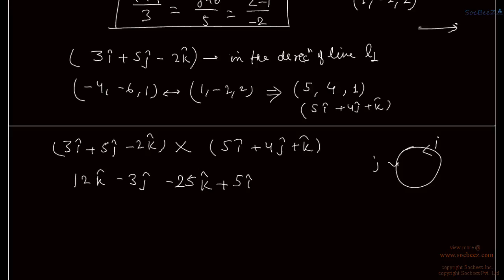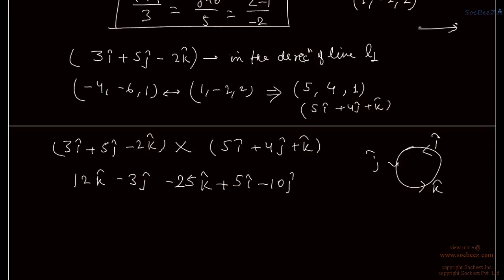So i cross j is k, and k cross i is j, or if you move in the opposite direction, j cross i is minus k, k cross j is minus i, and i cross k is minus j. So we are using this method to find j cross i or any of the cross products between unit vectors. Now k cross i is j, so minus 10j here, then minus 2k cross 5i and minus 2k